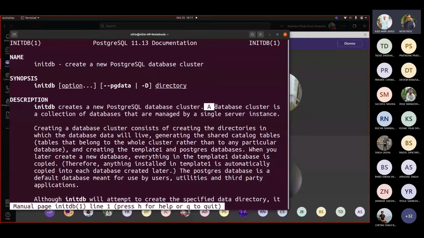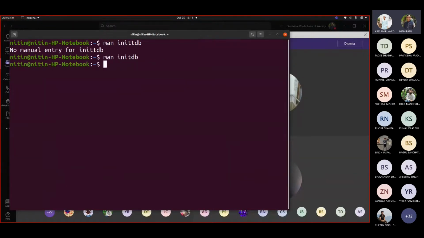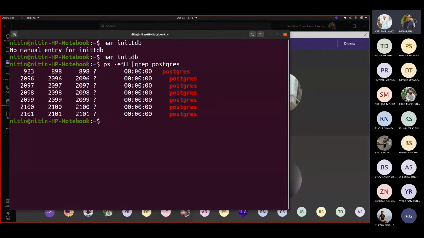A database cluster, now simple definition is this. A database cluster is a collection of databases that are managed by a single server instance. What exactly do we mean by single server instance? So let us see. If I write ps -ejH and grep postgres, you will see there are these services running.